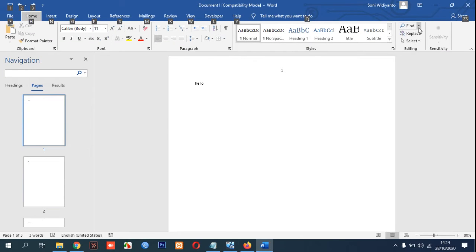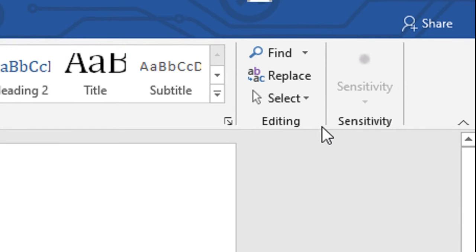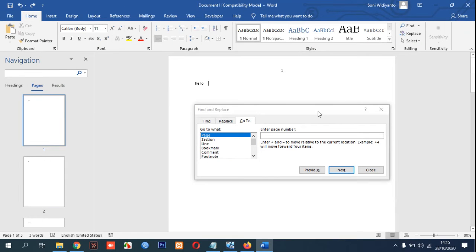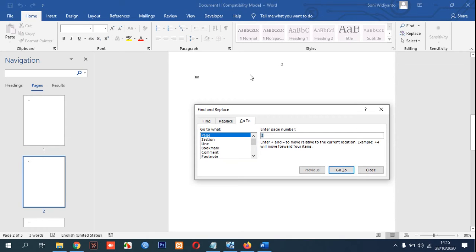go to Find, and then choose Go To. Okay, Find, Go To, and then you can enter in the Go To tab the page you want to delete. Here I want to delete the section in page 2, or all of the content in page 2. I put the number 2 here and choose number 2, "I am", and then